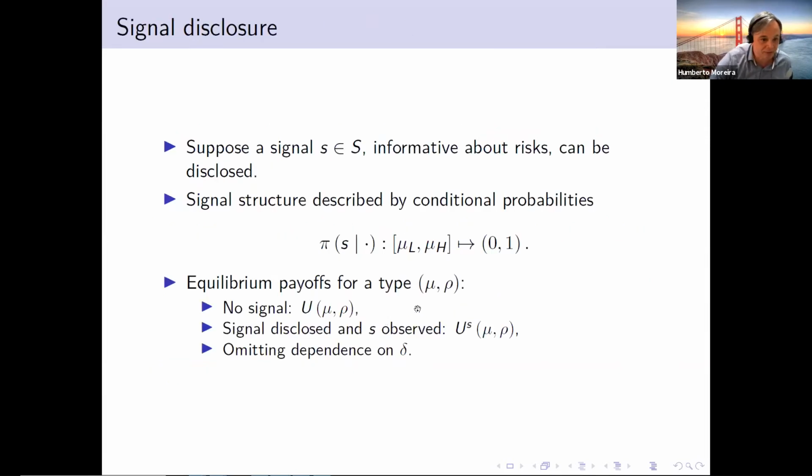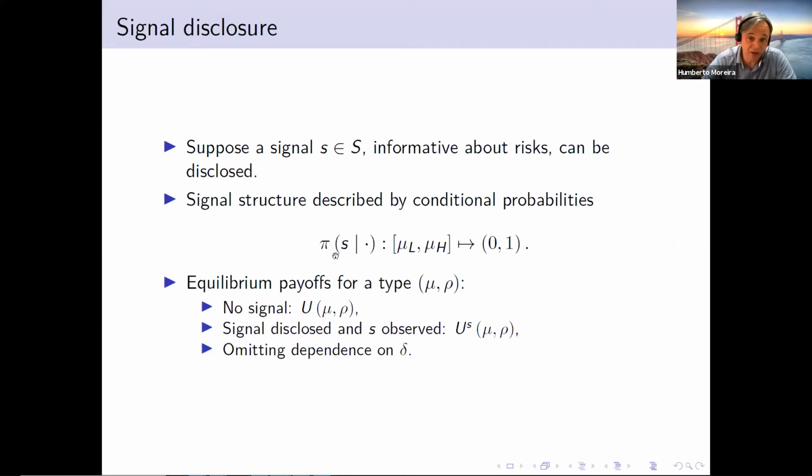I'm running out of time, so let's go very briefly. Let me explore this formula to do two exercises. The first one is signal disclosure, right? So what is a signal disclosure? What is a signal? A signal is just a set of signals which can be potentially informative about risk, which can be disclosed. As our motivation, this is the kind of risk classification you can think of as gender, age, or demographic characteristics that are going to be the signal.